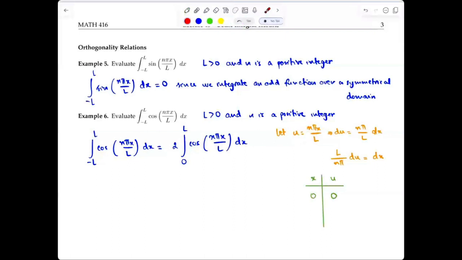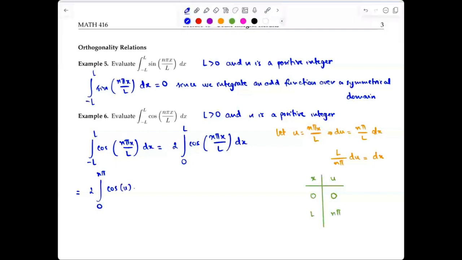When x is equal to L, u is equal to n pi. You substitute L into here, the L cancels out, and you're left with just u equal to n pi. So the definite integral now becomes 2 times the integral from 0 to n pi of cosine of u